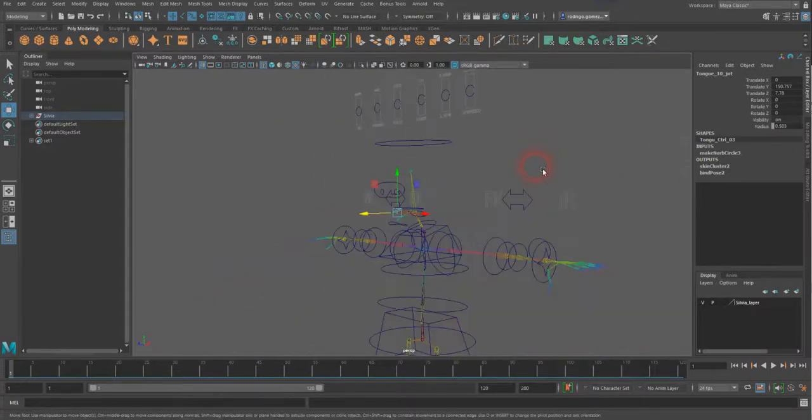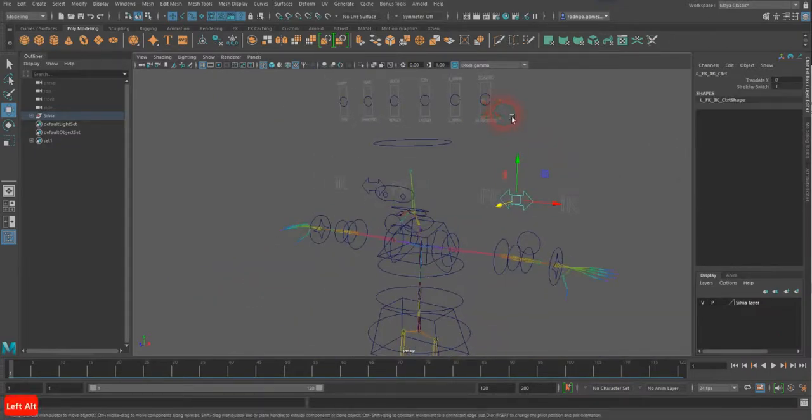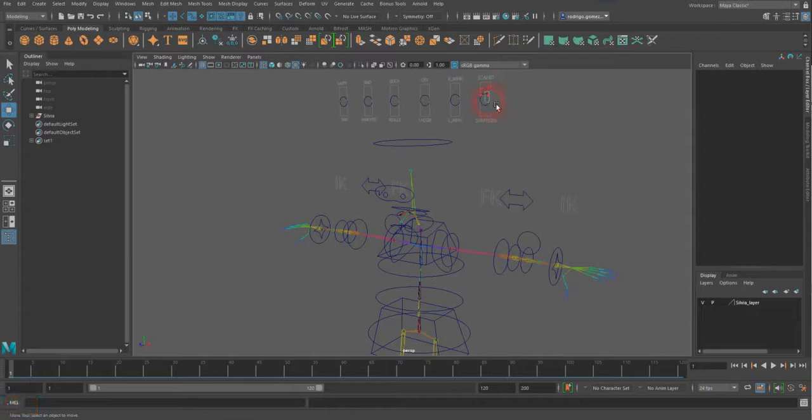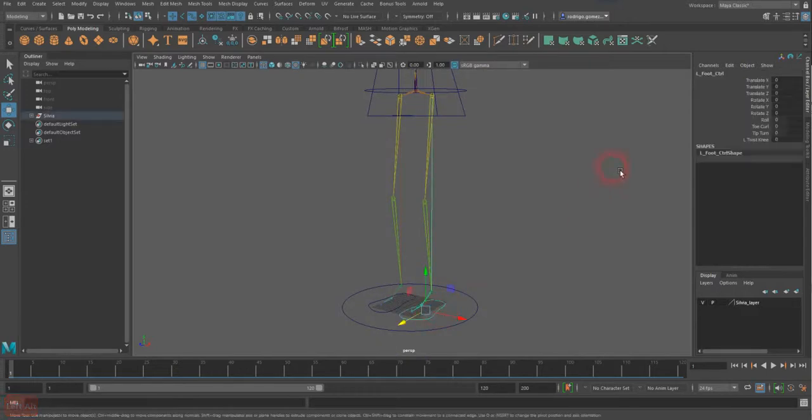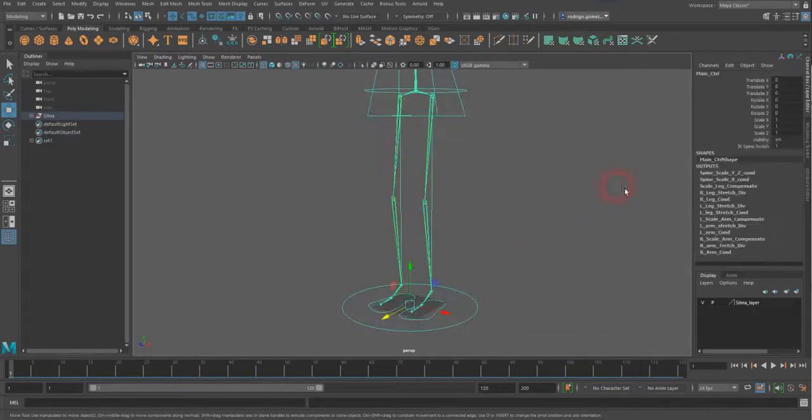All right, these ones we already did. We already also hid all of this stuff. All these guys only need translating Y. We already did those. And these guys here at the bottom only need translate and rotate. They don't need scale. The main controller needs scale, rotate, and translate. You can keep visibility too. All right,